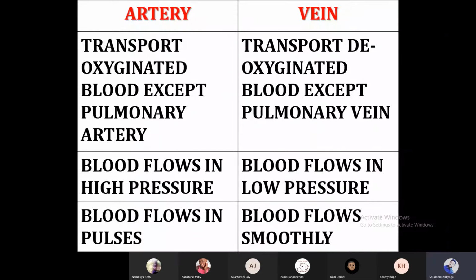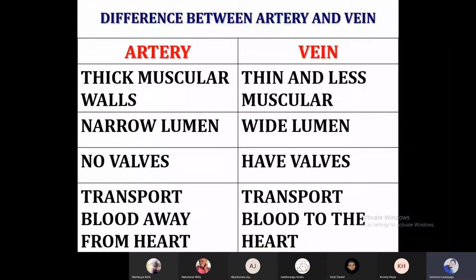In arteries, blood flows at a high pressure. Why does it flow at a high pressure? Because of three things: thick muscular walls, narrow lumen, and blood being that it is coming straight from the heart, it travels at a high pressure. While in the veins, blood flows at a low pressure. And why is that? Thin and less muscular walls allow for blood to flow at its own pace, and wide